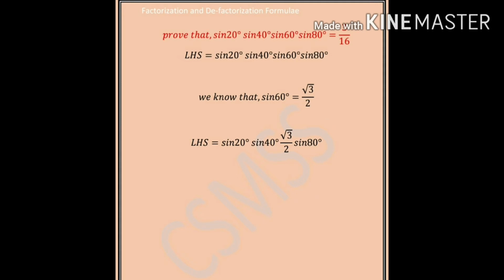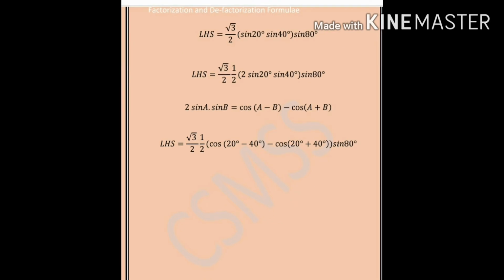LHS equal to sin of 20 degree, sin of 40 degree into sin of 60 degree into sin of 80 degree. And we know that sin of 60 degree equal to root 3 by 2. We put this value in equation first. That is LHS equal to sin 20 degree into sin 40 degree into root 3 by 2 into sin 80 degree. LHS equal to root 3 by 2 in bracket sin of 20 degree into sin of 40 degree bracket